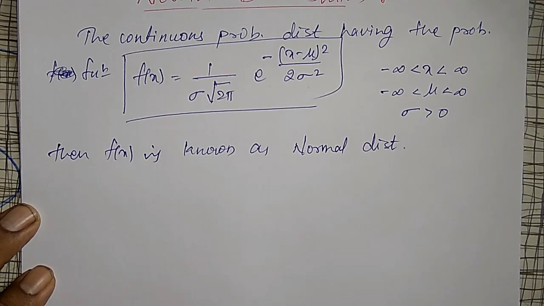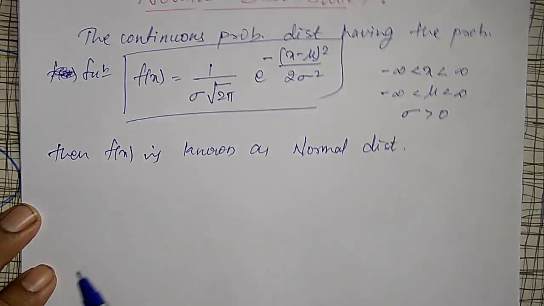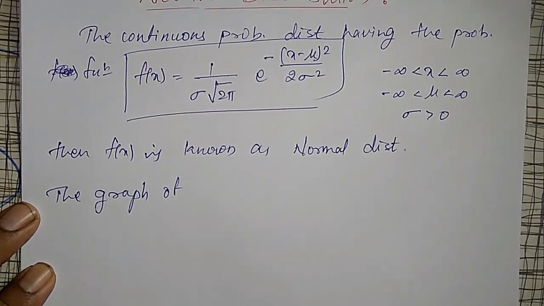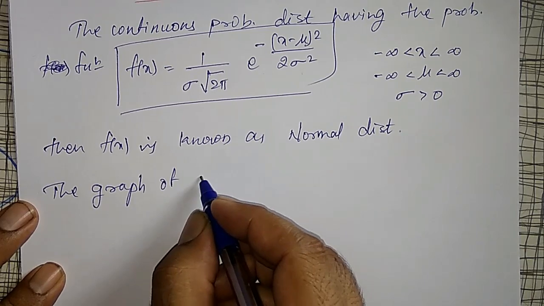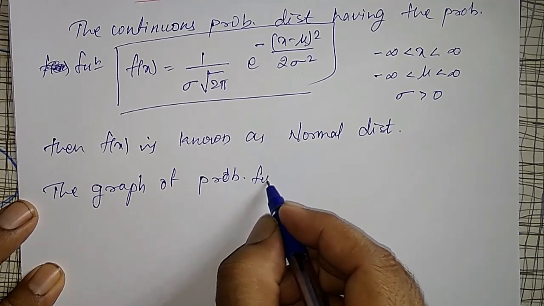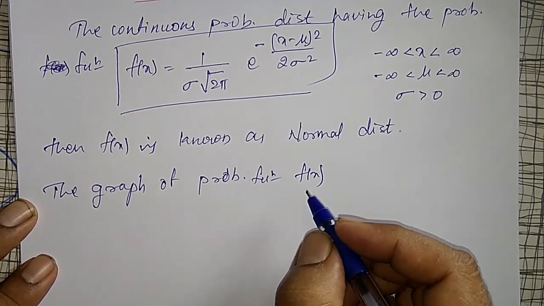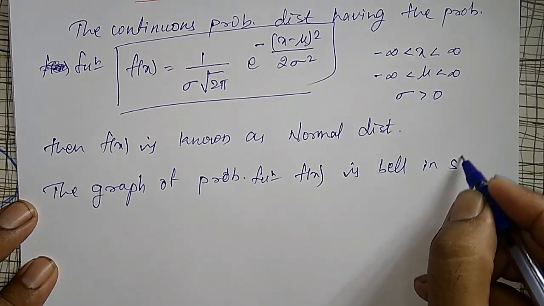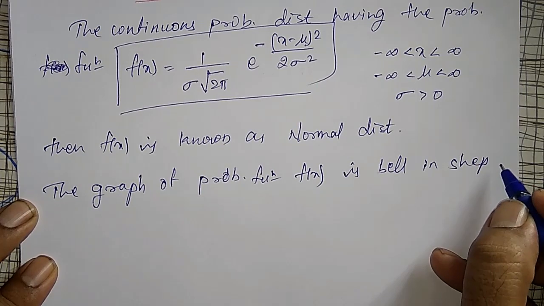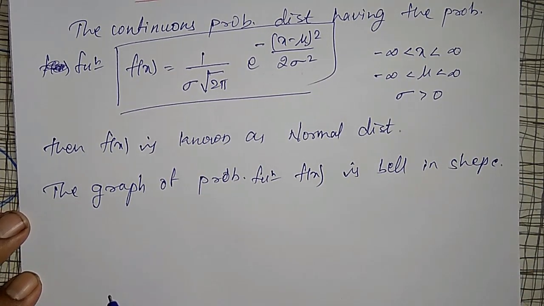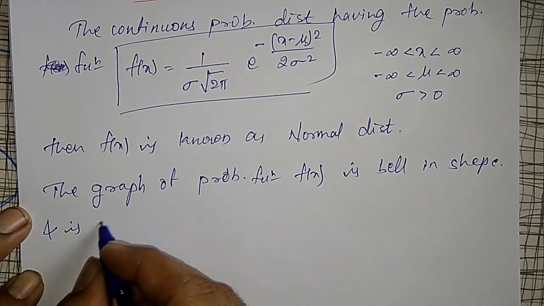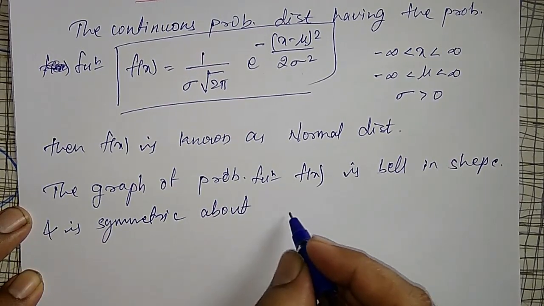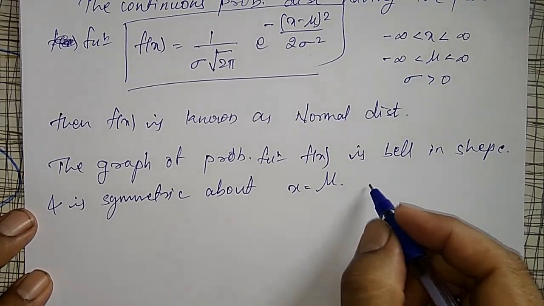And if we draw the graph for this probability function, the graph of probability function f of x is bell in shape, and is symmetric about x equal to mu, as shown in the figure,